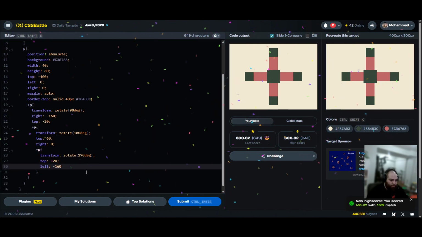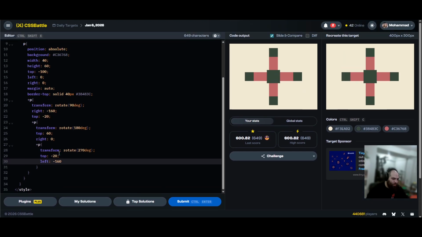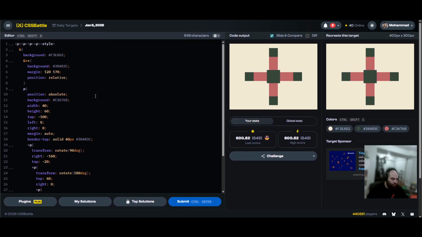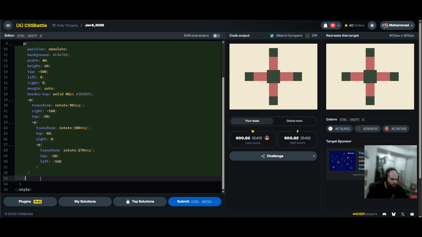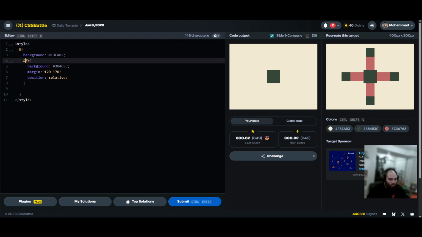I have an idea. I have an idea. What about linear gradients instead of all the p tags? I could do a linear gradient from here to here. I just need to have the margin. Okay, I'm gonna do that. I'm gonna nuke all of this. Okay, get rid of all this and get rid of all this. I might need one, but for now,